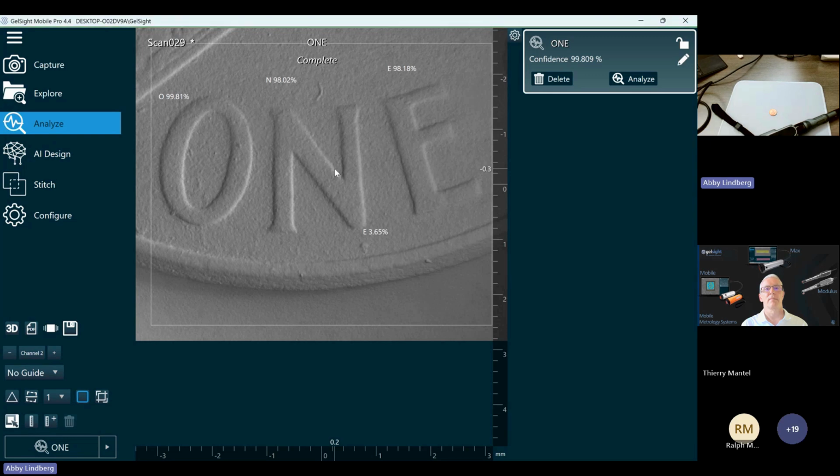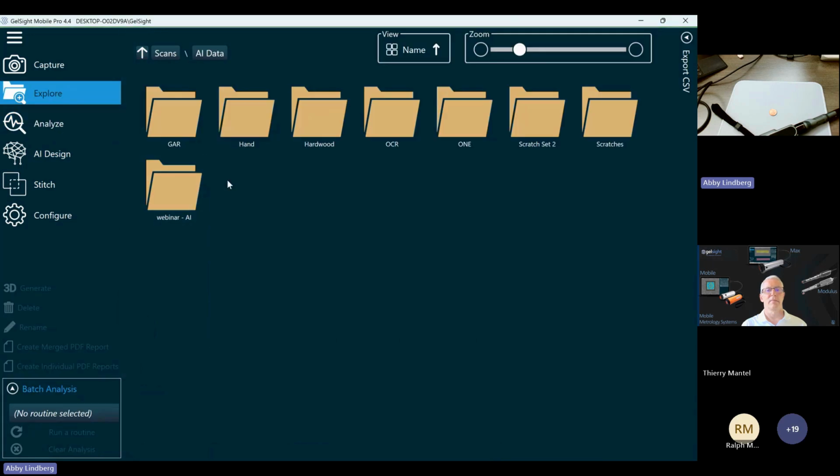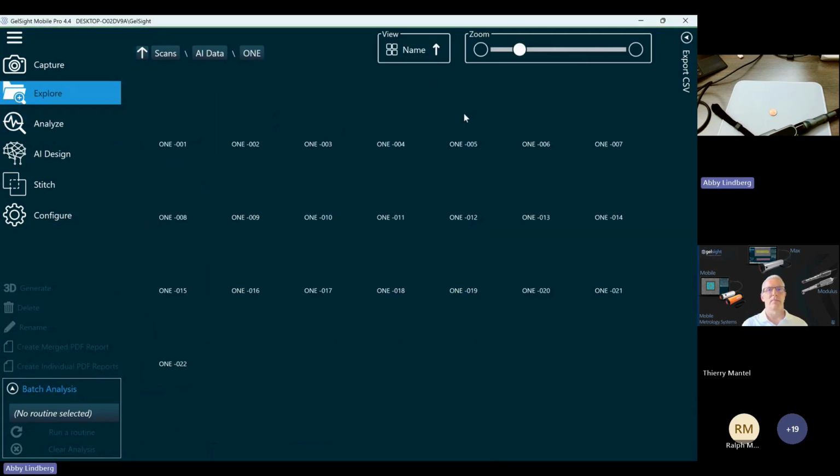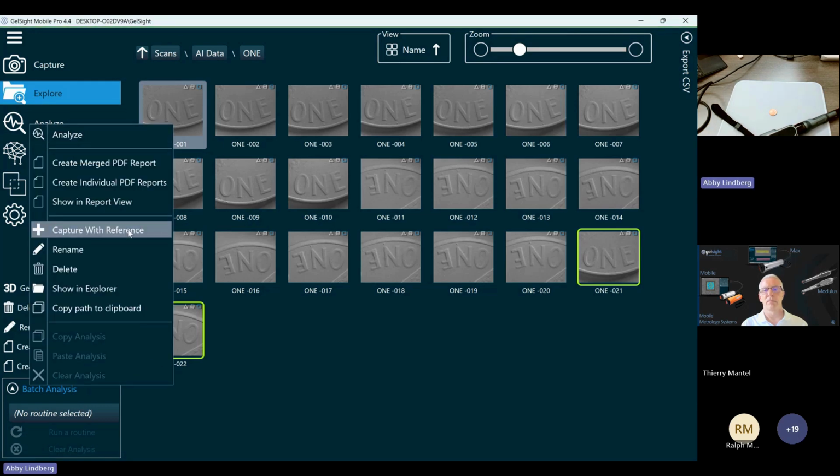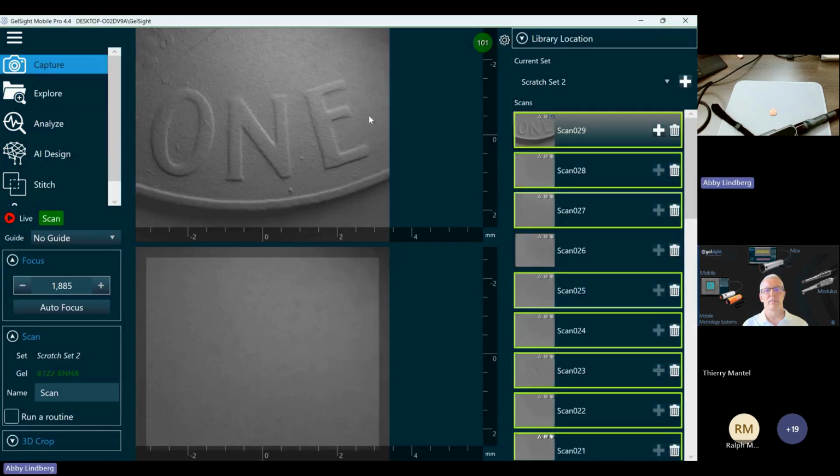I think this one is a pretty good candidate to show that for, because if I go to Explore here, and we'll go into this folder. Maybe I have one orientation that's the golden orientation, or I want my operators to have a reference for what the scan should look like when they take a new scan. And what I can do is right click on one of these, and we'll select Capture with Reference. It'll bring me back to my capture page,